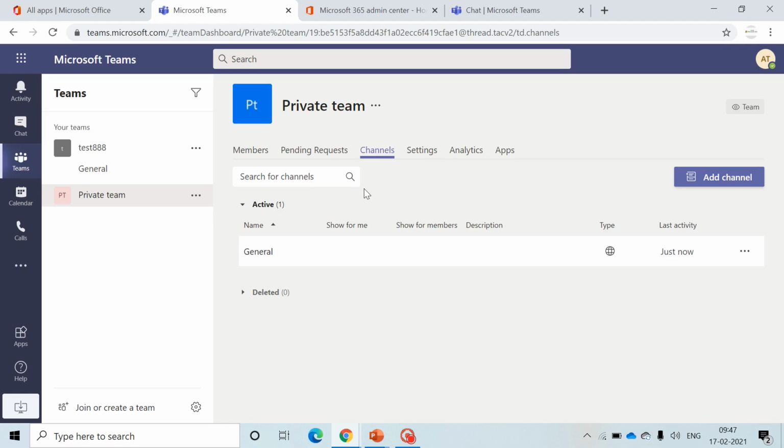That means if I create a channel called HR and accounts, all the members will discuss HR related things in the HR channel, account related things in the account channel, and IT related things in the IT channel. But suppose if I make a confidential channel, then they will not be able to see the other channels. That means if I add a channel now,